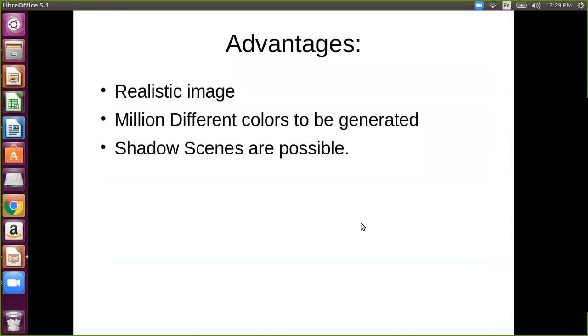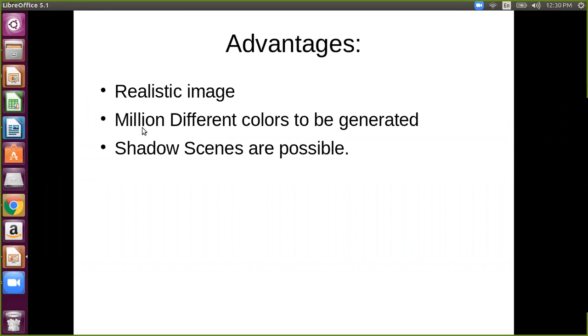So what are the advantages of raster scan? Realistic images and shaded parts, which are not actually realistic in random scan display, will be realistic in raster scan.